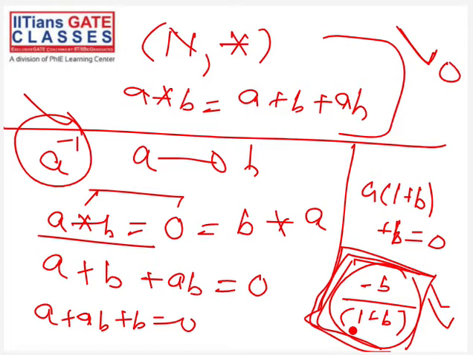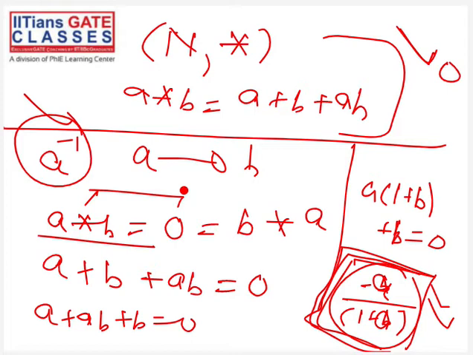inverse for A. But since your base set is, okay, so sorry, actually I should find B. I should solve it for B. If I'm solving it for B, then I will get minus A divided by 1 plus A. This is actually okay, because I should solve for B because I'm interested in finding B.